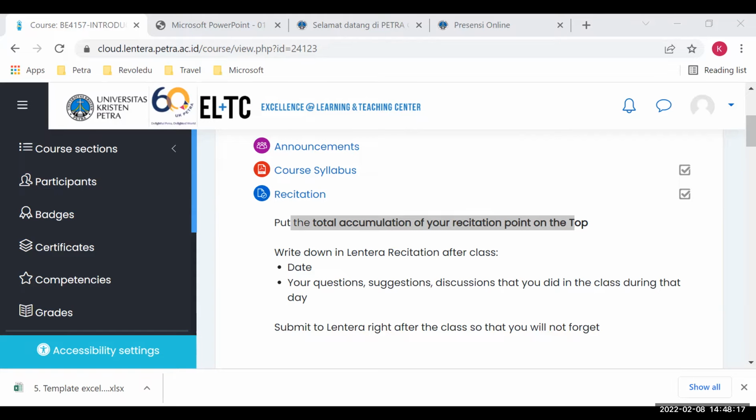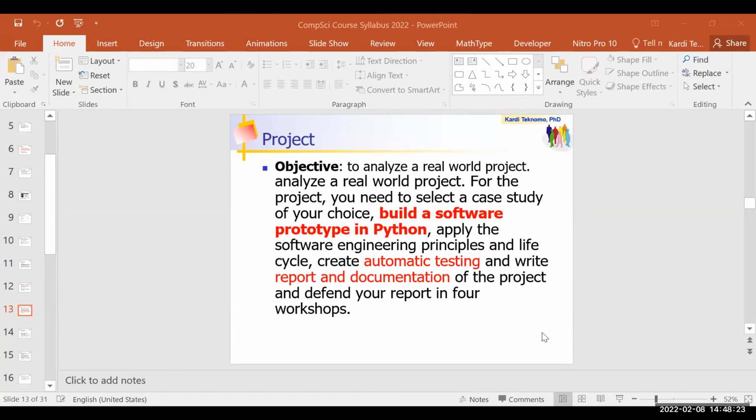Project. Now let me explain about the project. The project is to analyze a real world project. So analyze anything. For the project, you need to build a case study of your choice. I think they created a notebook last time, a notebook that they can use to make a schedule and so on. The other one is using AI. So you build a software prototype in Python,